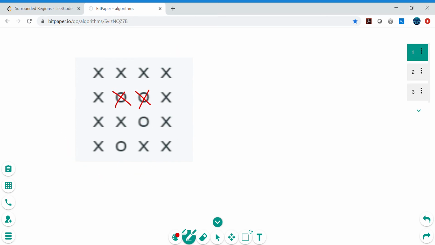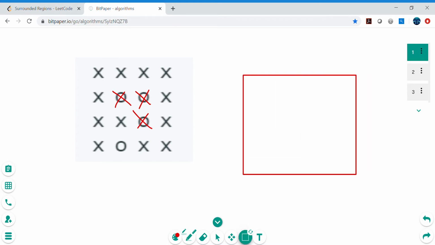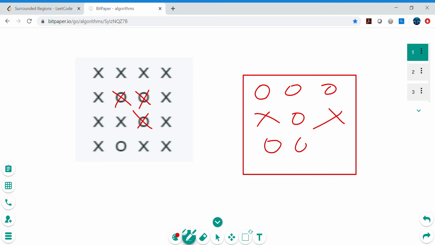Now let's try a couple more examples, just to build our understanding of this problem. We can take other hypothetical examples as well. Let's say this is a very random example I'm taking here.